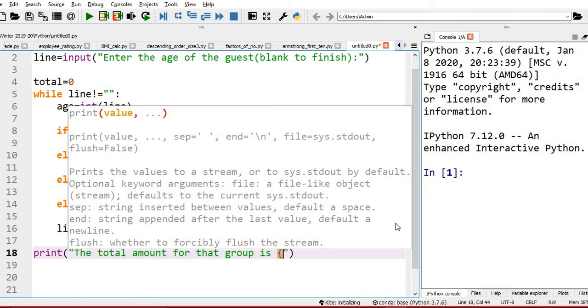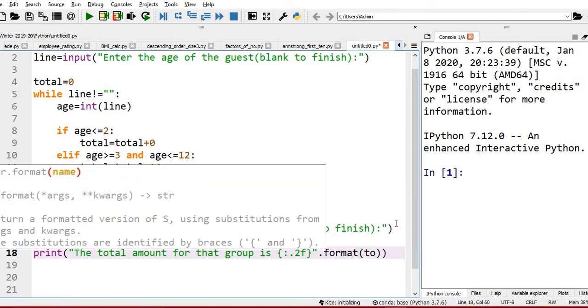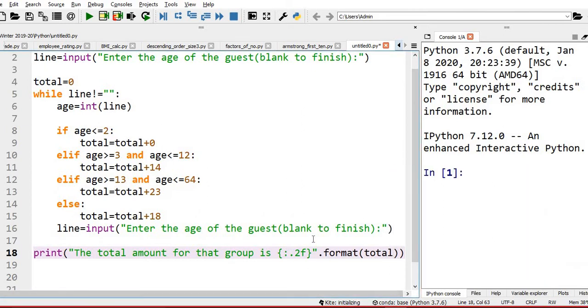I'm just using the format method. Within the placeholder, colon dot 2, and it is floating point format f, dot format. Here I want to print the total.